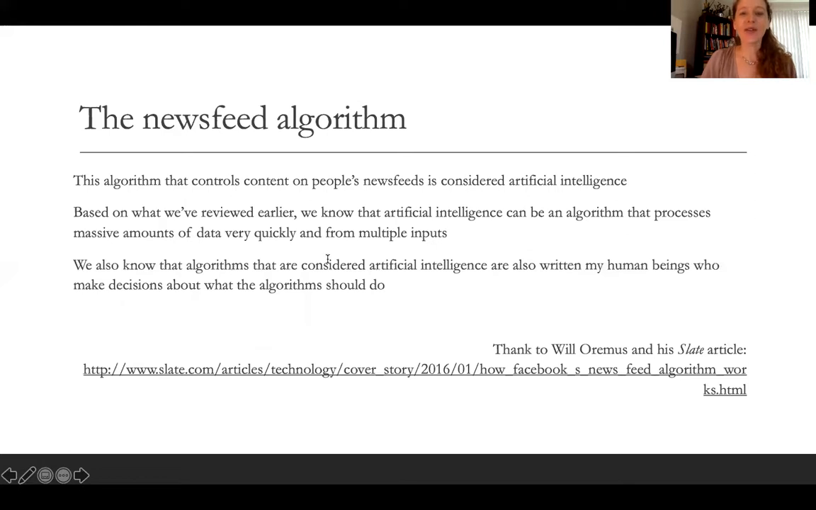So the algorithm that controls content on people's news feeds is considered artificial intelligence. Based on what we've reviewed earlier, we know that artificial intelligence can be designed as an algorithm that processes massive amounts of data very quickly and can process from multiple data inputs. However, we also know, which I like to emphasize regularly, that algorithms that are considered artificial intelligence are written by human beings, so computer programmers or engineers, who make decisions, usually with the support of a team, about what the